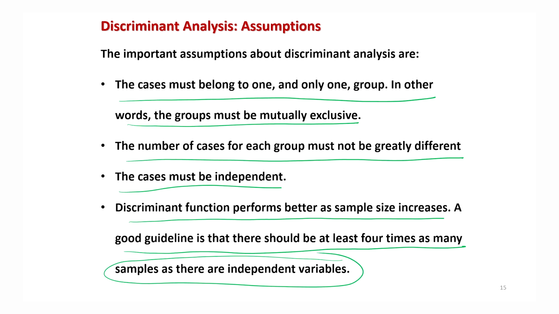That's an empirical rule I have told you: if you have more variables, then obviously you should have more observations also, otherwise the estimation of parameters becomes a challenge. You can estimate them, but the quality of the estimates may not be good.